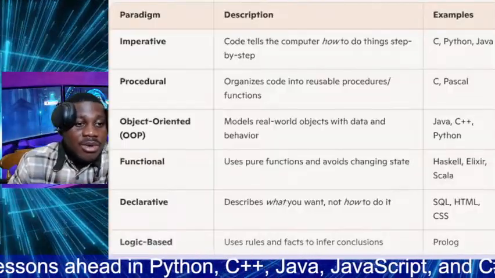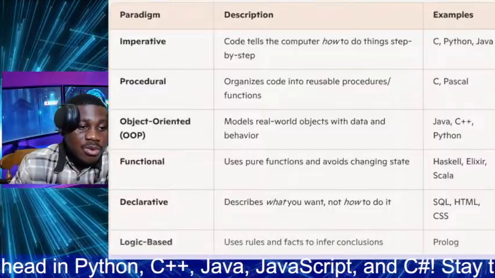And for now, we are going on break. Very soon, we will